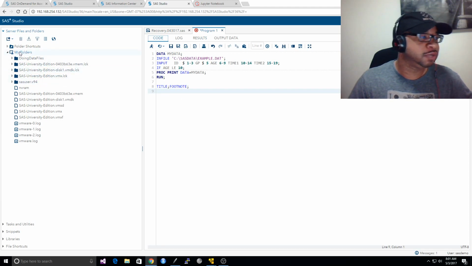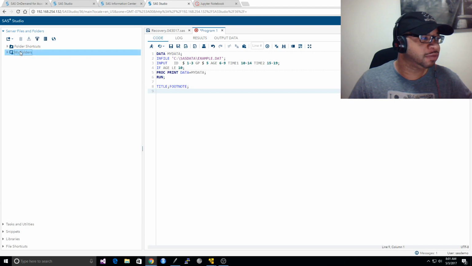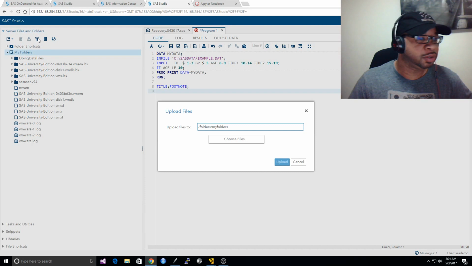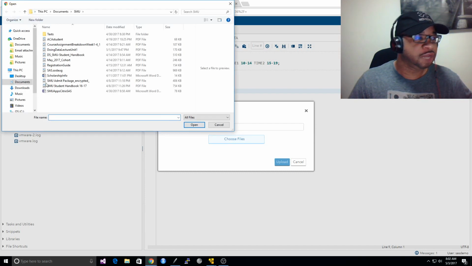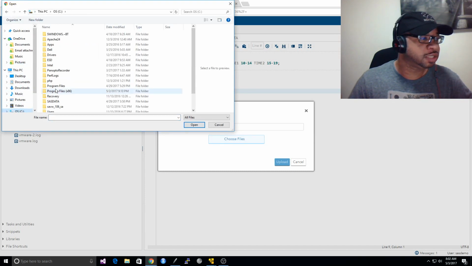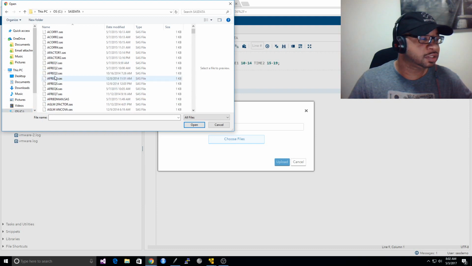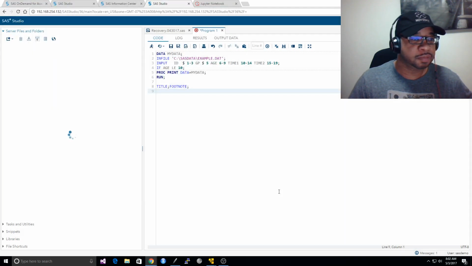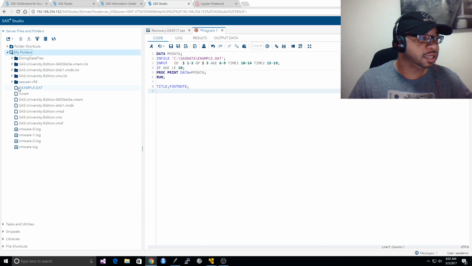But I could just upload it based on my folders and hit upload. If I choose a file, I can go straight to my C drive, SAS example dot. Then I upload it. Now it's there. Now my properties